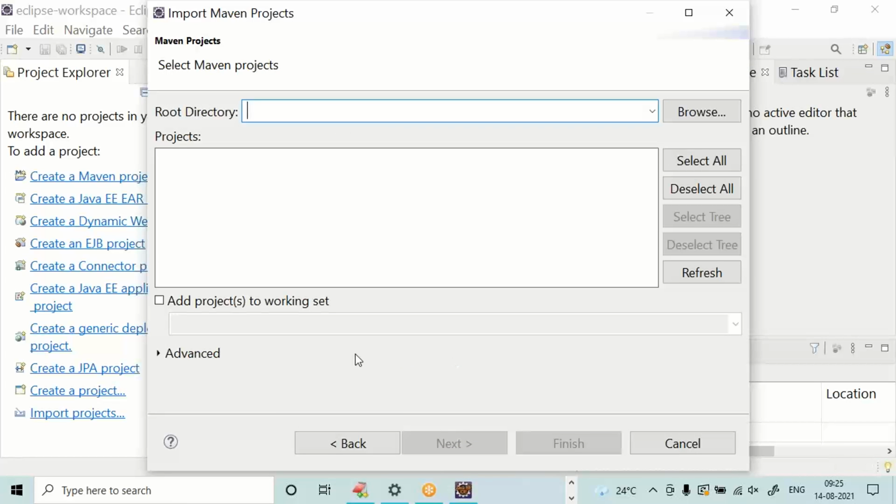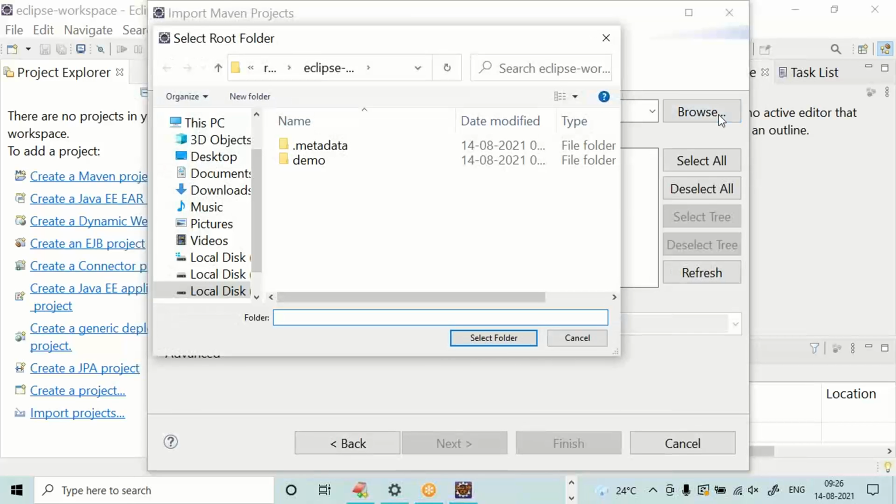Click on root directory, Browse. Automatically it is taking you into the workspace. In this workspace, first demo is a folder for the extracting purpose.